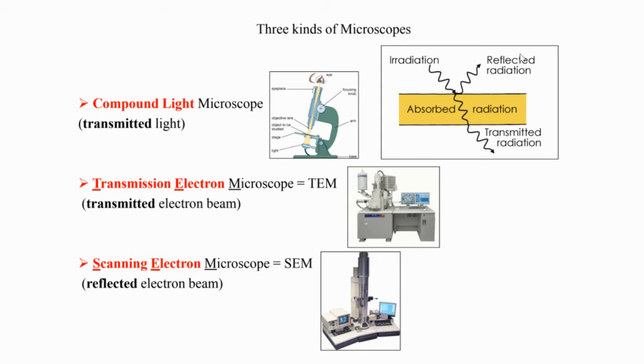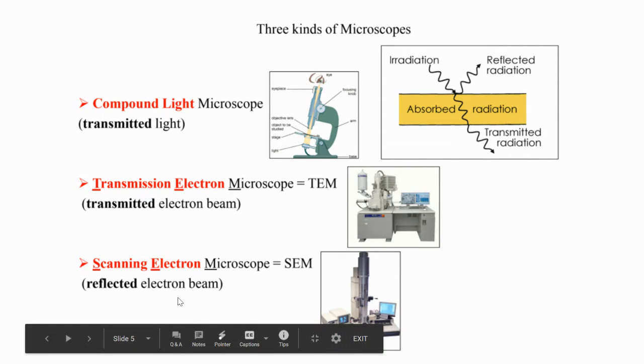The transmission electron microscope is able to see the image of the specimen because electron beams fall on the specimen and pass through, transmit through the specimen, and fall on a photographic plate. So that photographic plate converts electronic signals into a computer screen and the image is seen on the screen.